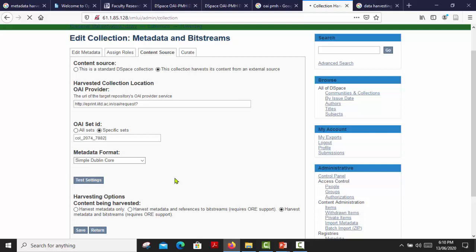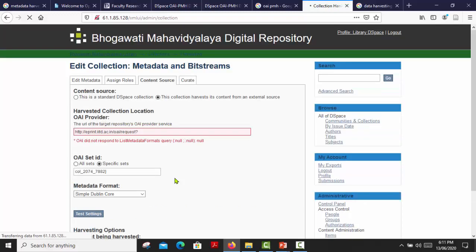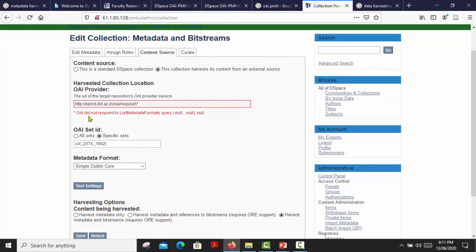Actually it's not opening, it's buffering because it's trying to find that repository URL, but it cannot find it. Here is the error: did not respond to list metadata formats, query null. The last two times we harvested data from the same URL, but this time it is not responding.